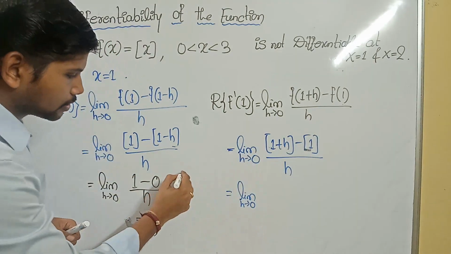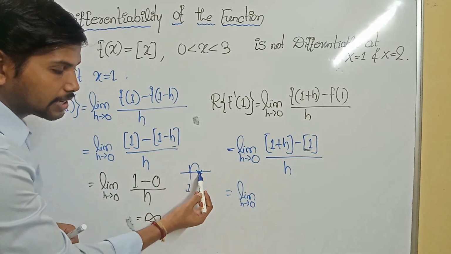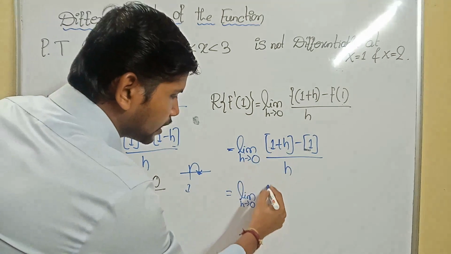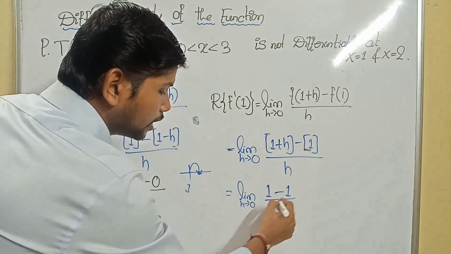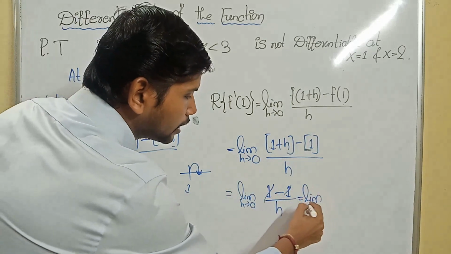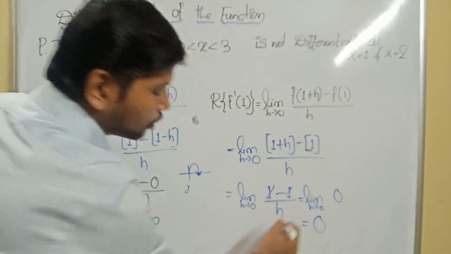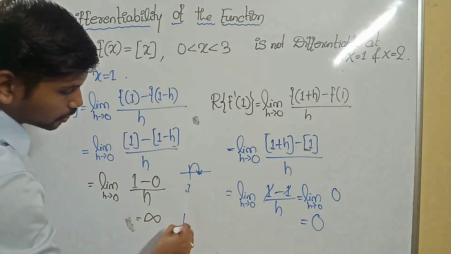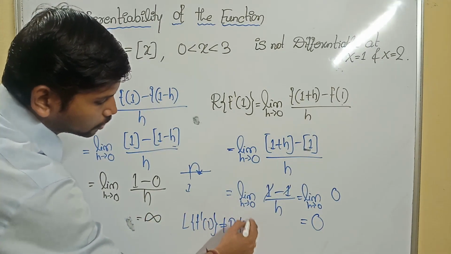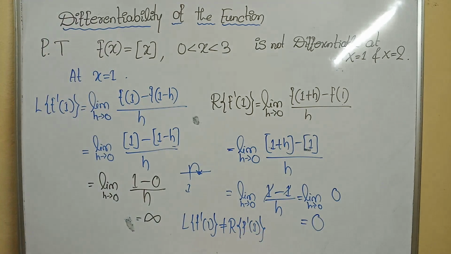Now, limit as h tends to 0. What is 1 plus h? Concentrate. 1 plus h will be the right part of 1. Right part of 1 means, for the greatest integer function, less than or equal to, and 1 is the integer. That's why I need to write 1. The greatest integer function for 1 will be 1, divided by h. Plus 1 minus 1 cancel. We got 0 in the numerator. Limit as h tends to 0: 1 minus 1 is 0, 0 by h will be 0. The limit applied to 0 will be 0 only. That's why L of f dash of 1 is not equal to r of f dash of 1. That's why the given function is not differentiable at x equal to 1.